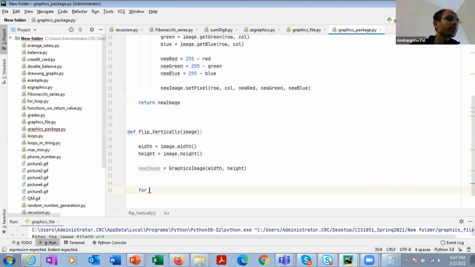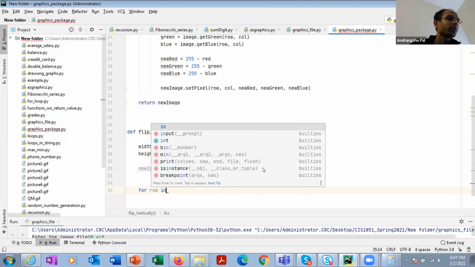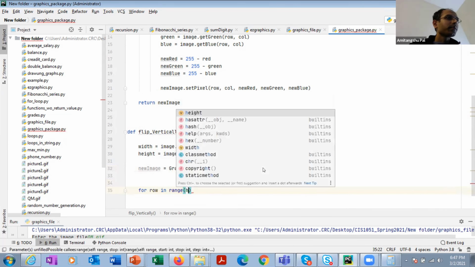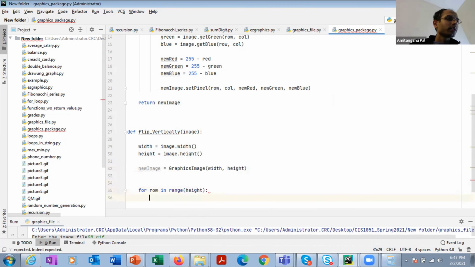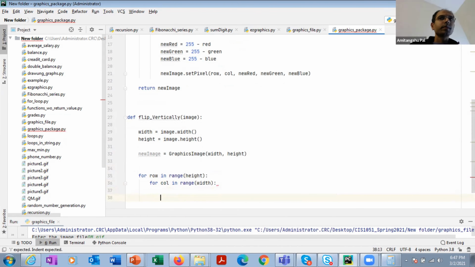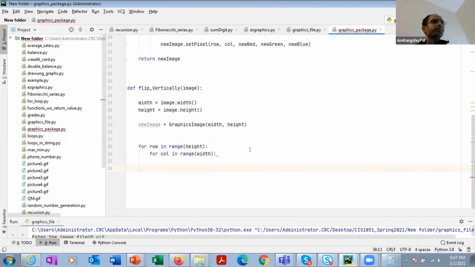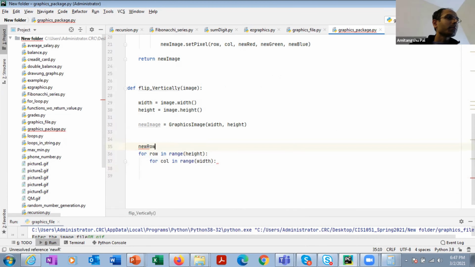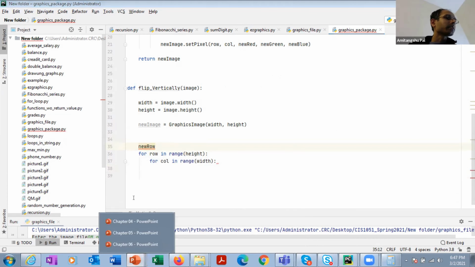So for row in range of height, for column in range of width, the new row I'm going to start from height minus 1.